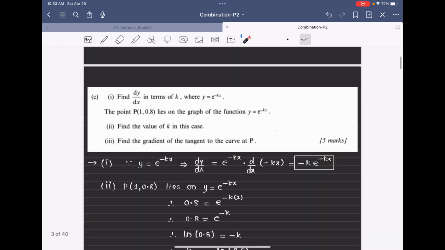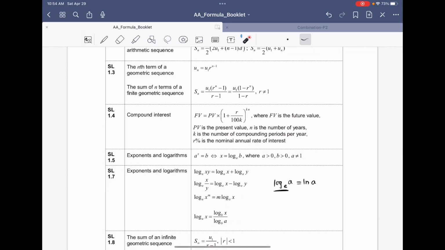Next, C part, find dy by dx in terms of k, where y is equal to e raised to minus kx. So first, since y is given as e raised to minus kx, it is a composite function. Basically, it's a chain rule. I'm not using the chain rule, I'm directly using the derivative. So e raised to minus kx, as you know in your formula booklet,